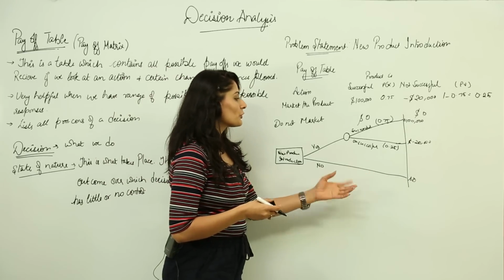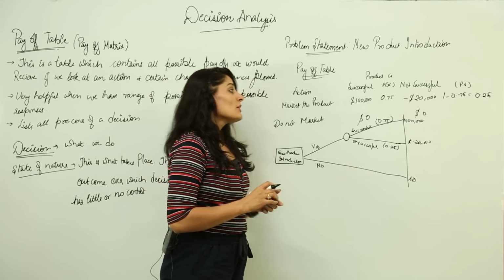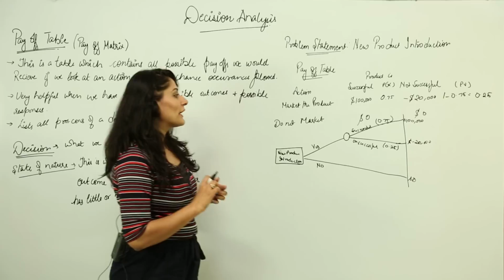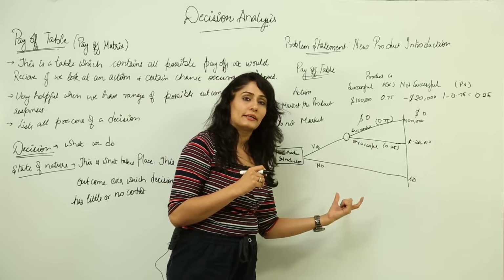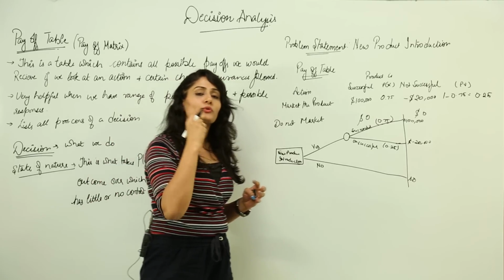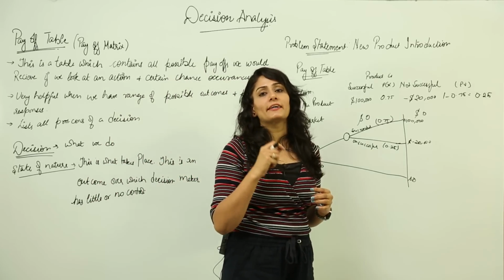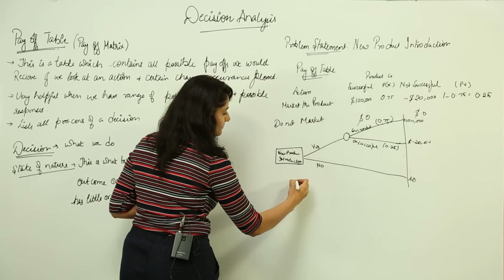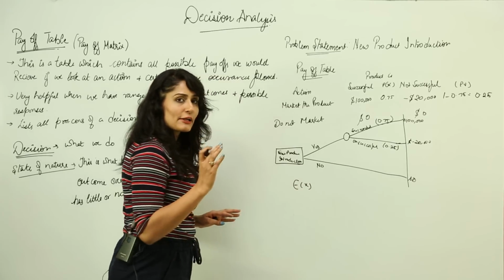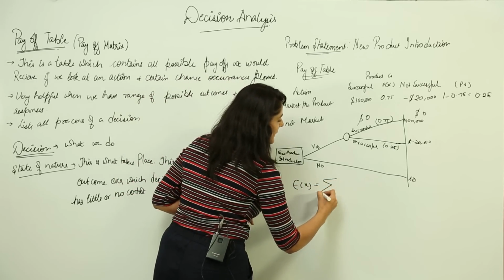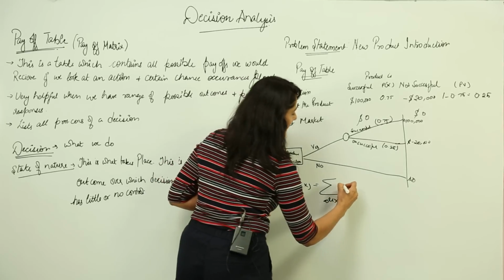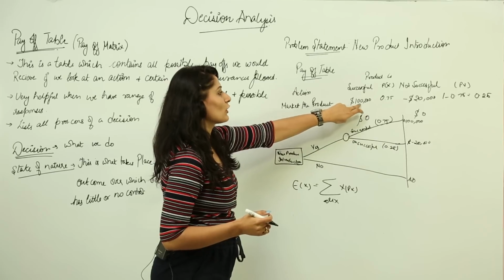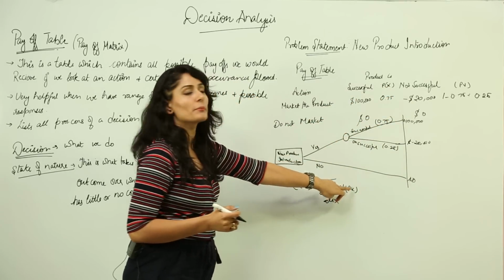Here I am not doing anything, so there are no probabilities, nothing. So now I have to carry on with my backward induction. Now how to do it? I have to find out the utility of each alternative. And how am I going to do that? I am going to use the same formula which is used to find the expected value of a random variable. And what is that formula? That formula is Ex, the expected value of the random variable, is the summation of all x and Px. Here x is this thing, that is $100,000 and $20,000, and Px is my probability, right.